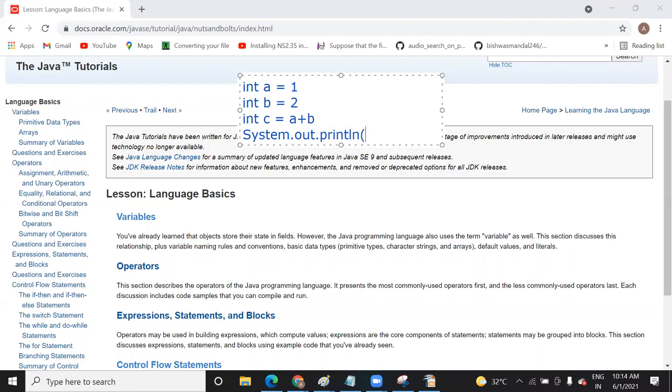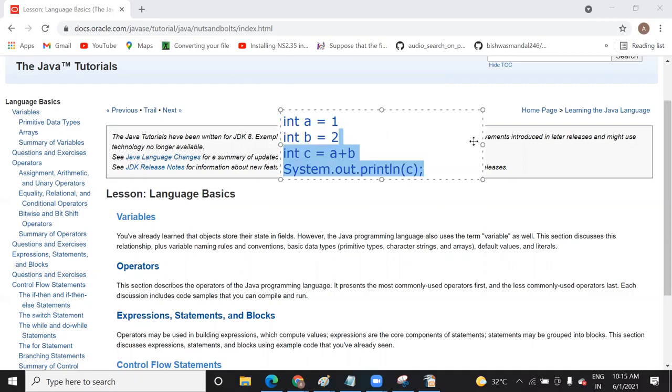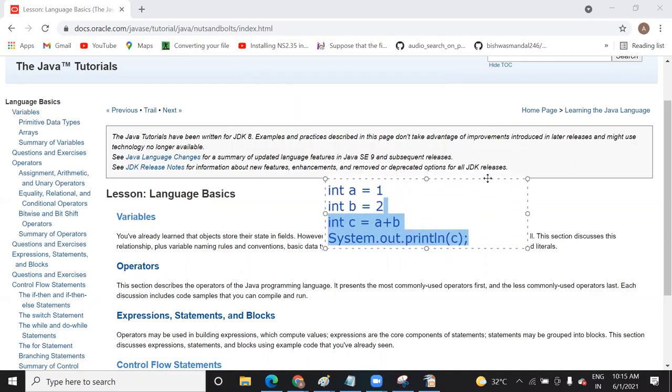They hold a value. Just like here, a is holding 1, and what type of data is it holding? You can see integer, int. Similarly, b is holding one data, 2, which is integer again. And then the sum of a and b is held by another variable called c. So a variable is nothing but a container. They are just used to hold a value.